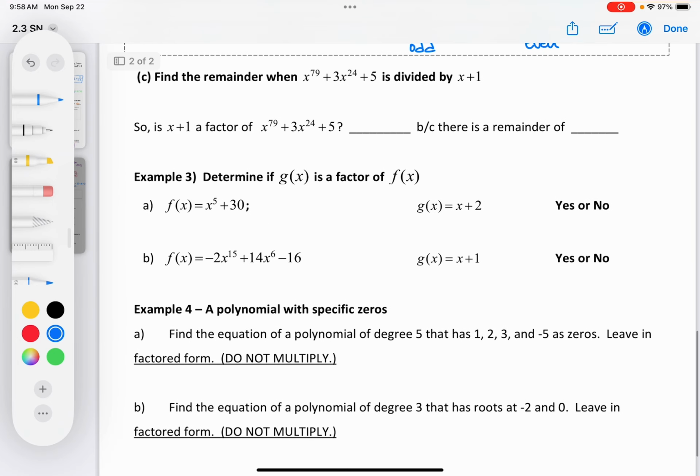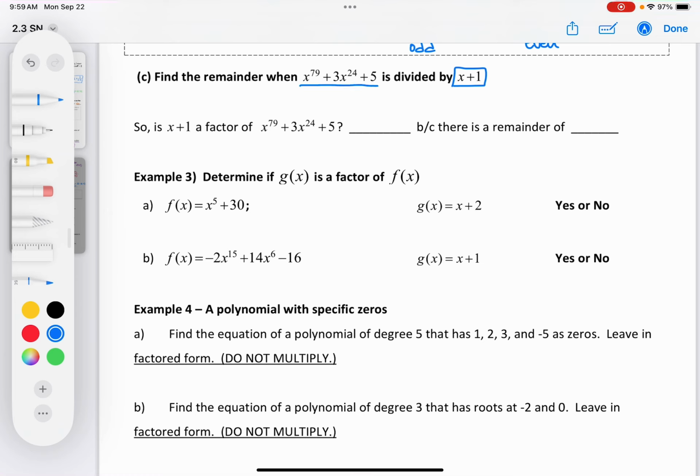All right, so now we have got this gigantic polynomial, x to the 79th power plus 3 times x to the 24th power plus 5. Now, where do we even begin with this? Well, let's look at the coefficients. Or excuse me, we're dividing by positive 1. So that means instead of doing division right now, I could use my remainder theorem